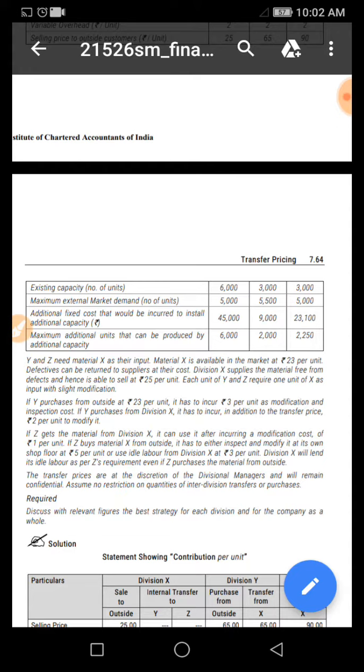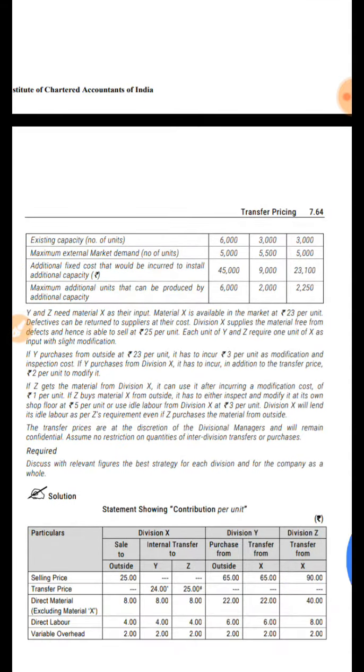What it's saying is division X is supplying the material X without any defect, and that's why they are able to sell at a slightly higher price of rupees 25. And the input output ratio for products Y and Z is 1:1. Like 1 unit of product X can produce 1 unit of product Y, and for Z also the same. Okay, it requires slight modification, but